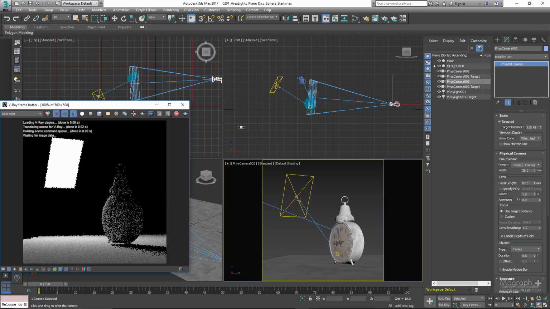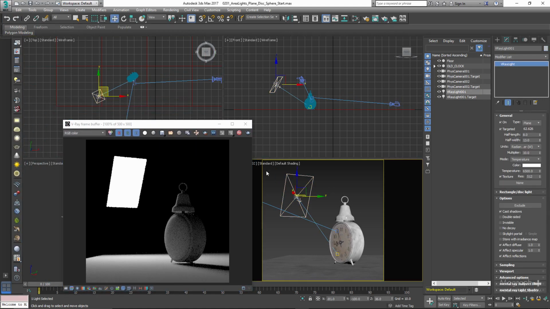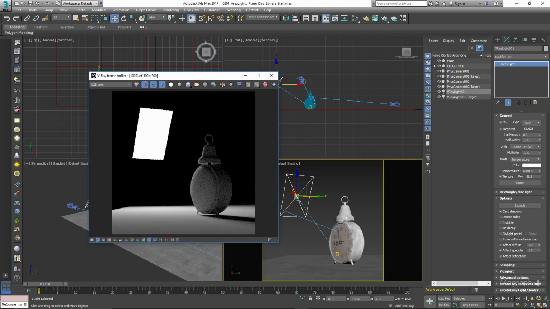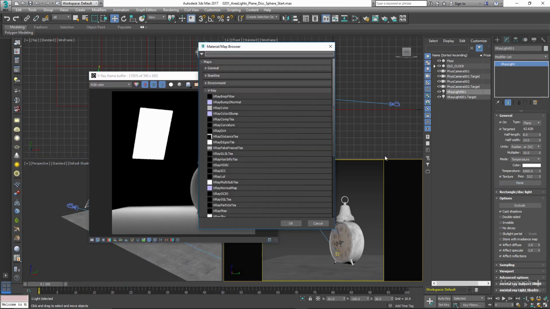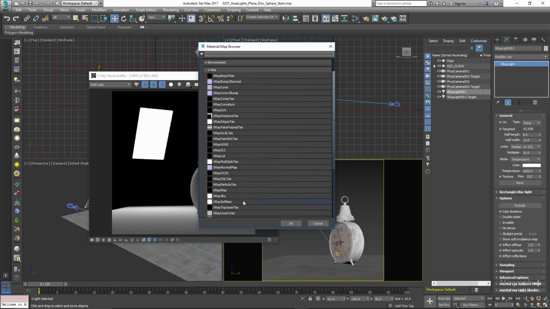Now select the light again. Click on this None button to define a texture. You can select any map or texture, but there is a specific map in V-Ray that can help you resemble real-world softboxes, and no surprise, it's called V-Ray Softbox. So select V-Ray Softbox,